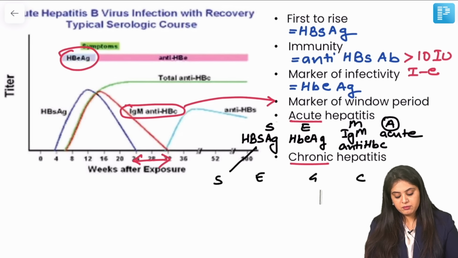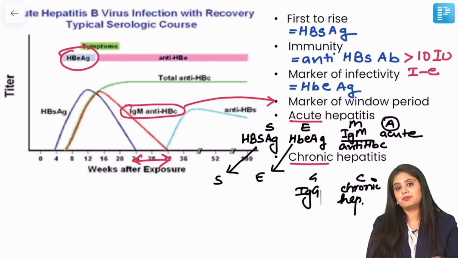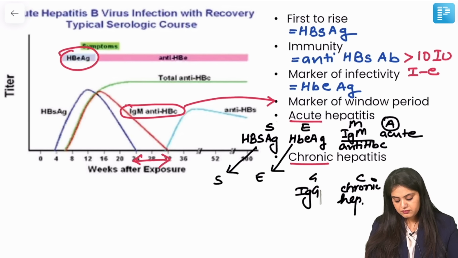If I keep the same surface antigen, the same E antigen, but instead of IgM I do IgG, now which kind of hepatitis have I gone into? I've gone into chronic hepatitis. That becomes a summary of all your hepatitis graphs that you have to know, which brings us to almost the end of